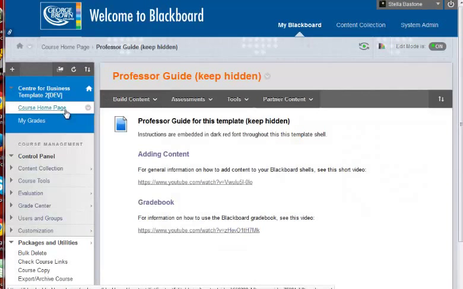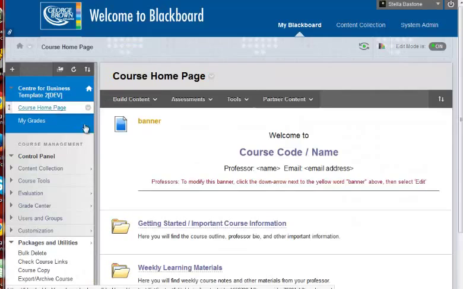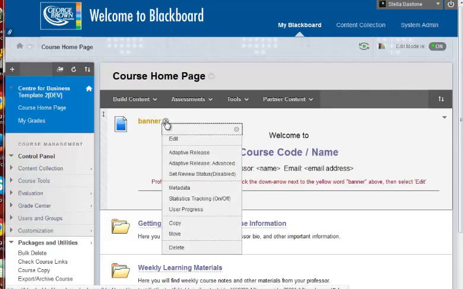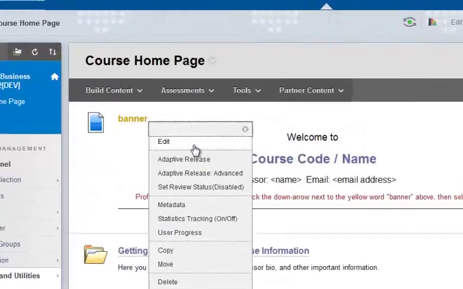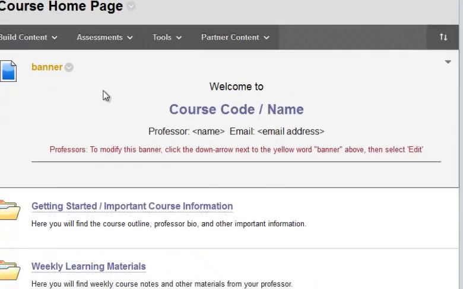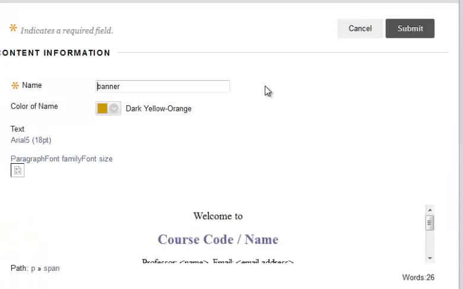So I'm going to navigate my way back out to the course homepage. And the first thing I'm going to do is edit this banner. So inside of Blackboard, anytime we want to edit something, generally we can hover over the name of the item and an action arrow or a down arrow will appear. And if we click on that, then we get a cascading menu and we can select edit. So I'm going to click edit here, and I'm going to